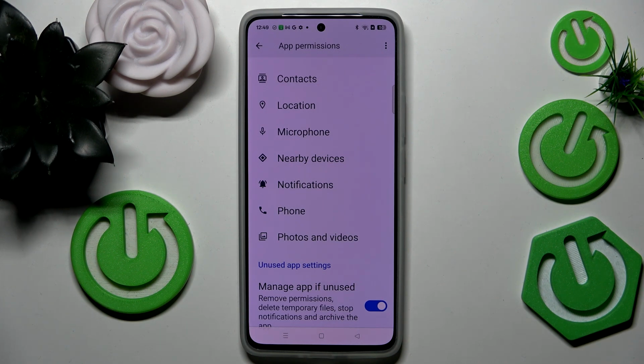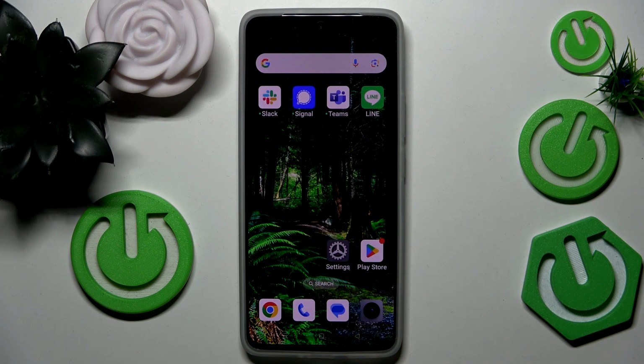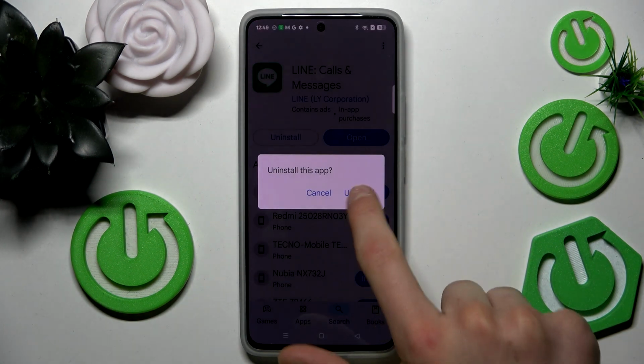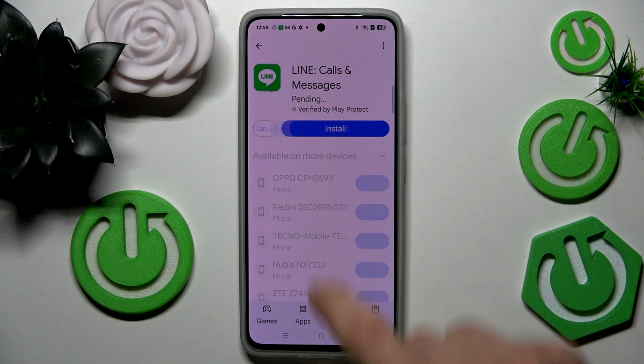If you still have some issues and problems with your app, the last way is the easiest one. You just need to reinstall the app. Go to the Line app, uninstall, install again,